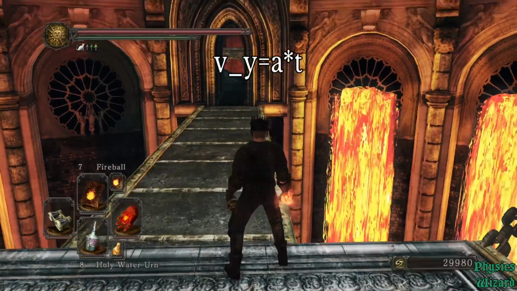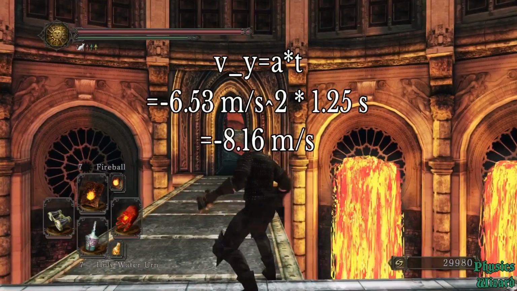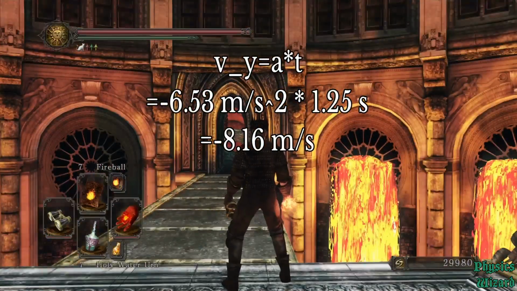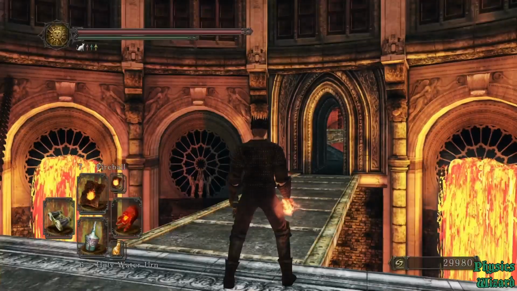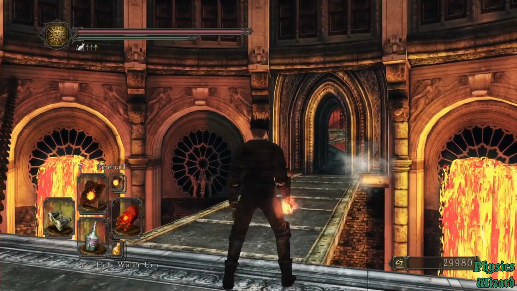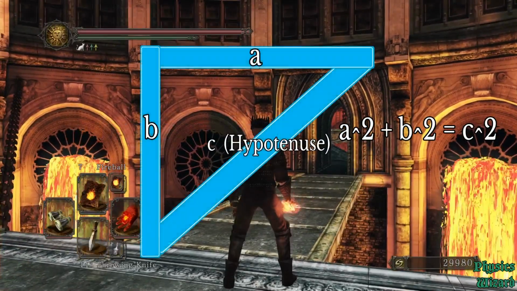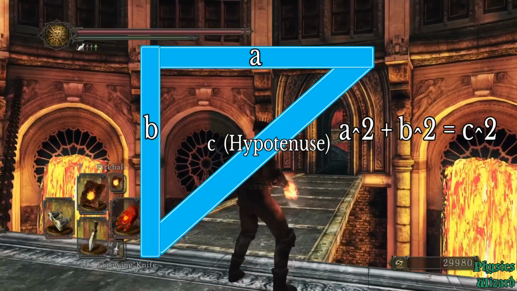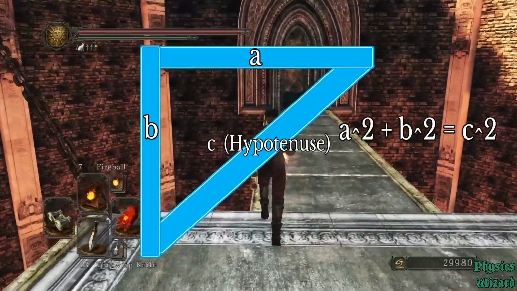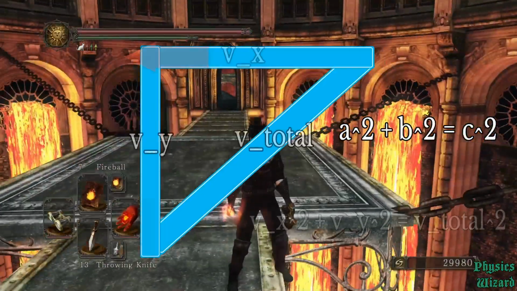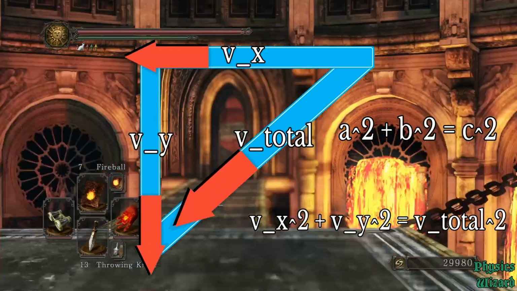With this acceleration value, now we can find the urn's vertical velocity. Going back to the simplified equation, v equals a times t, we see the vertical velocity on impact should be negative 8.16 meters per second. To find the holy water urn's total velocity right before impact, we combine the vertical and horizontal velocity components using the Pythagorean theorem. By this theorem, we know that the square of the diagonal side of the triangle, the hypotenuse, equals the sum of the squares of the other two sides. In other words, an object's changing velocity diagonally can be found by examining its horizontal and vertical components by themselves